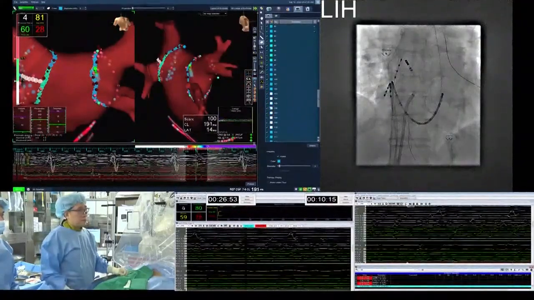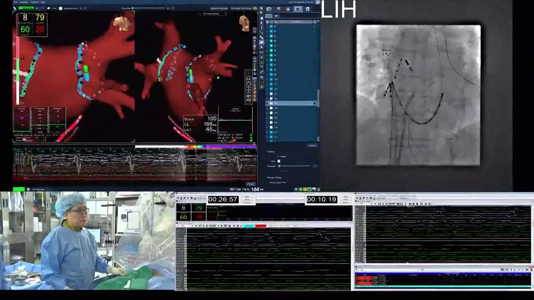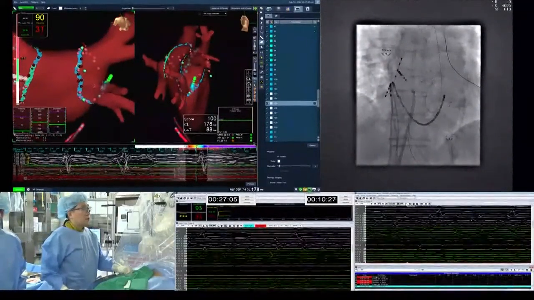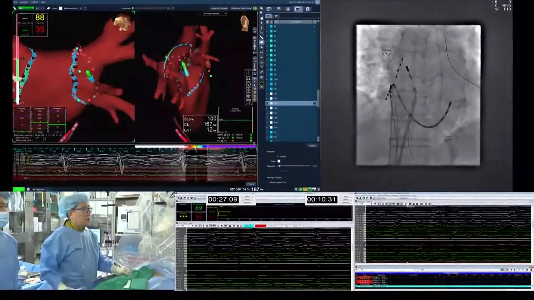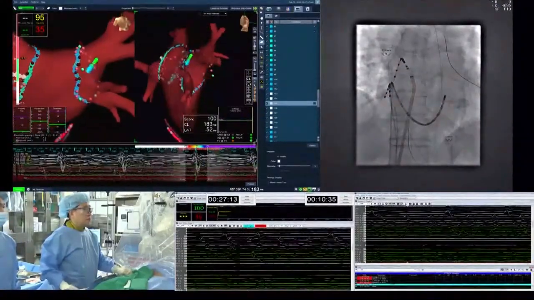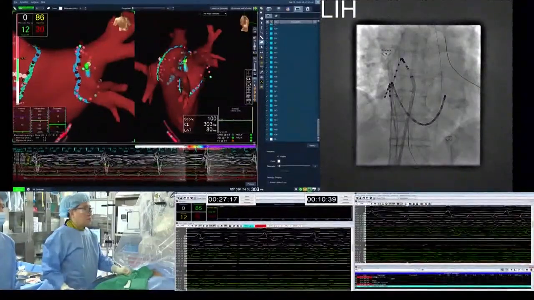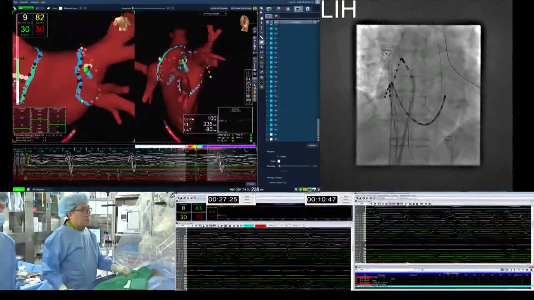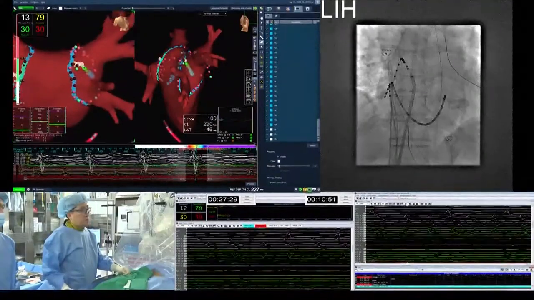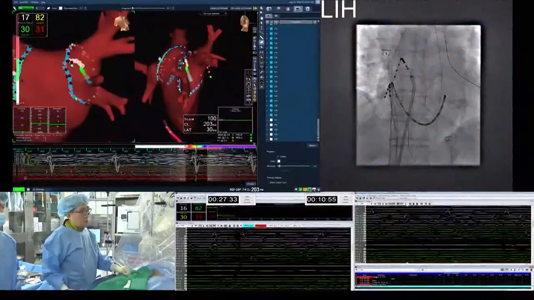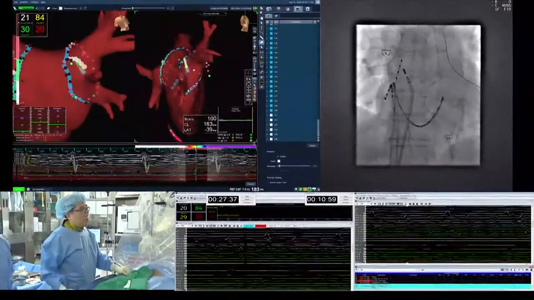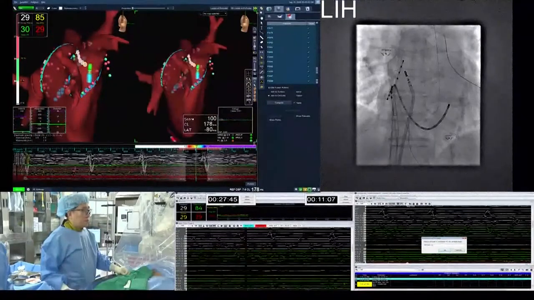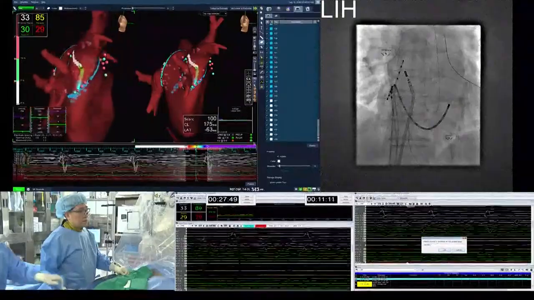And in the same way on the left side, I give the antrum ablation and a carina ablation with 30 watts, watching the ablation signal inside. If there is no signal, I move fast. If there is a signal, I give a little more energy to confirm whether the antrum ablation was successful or not.